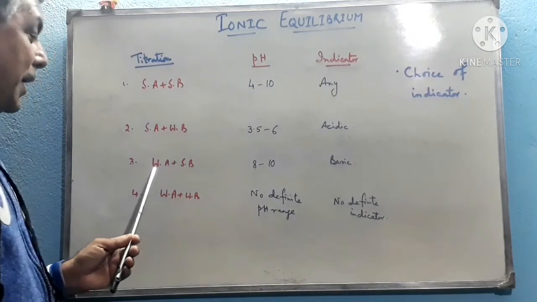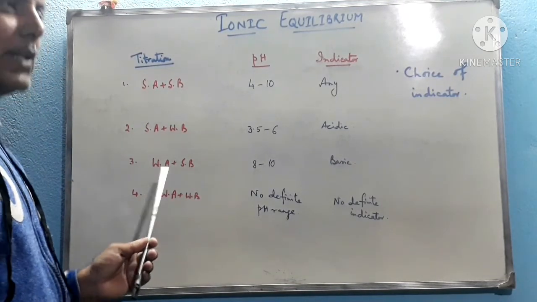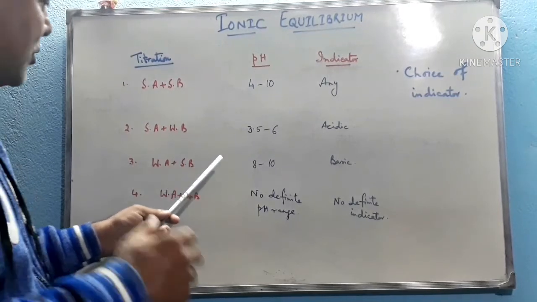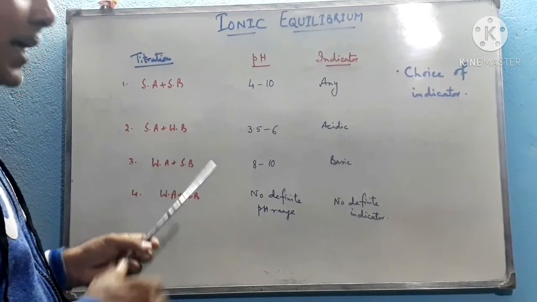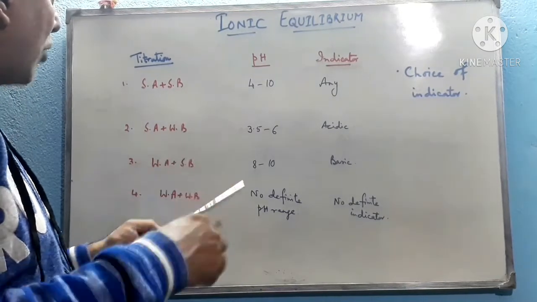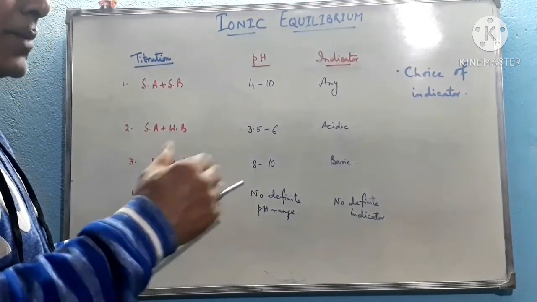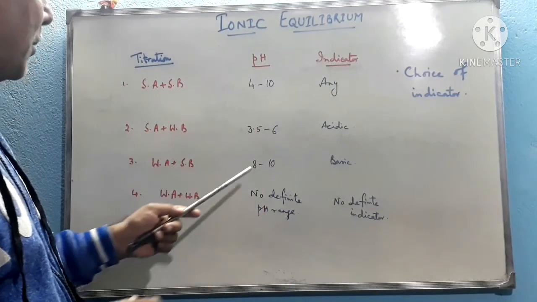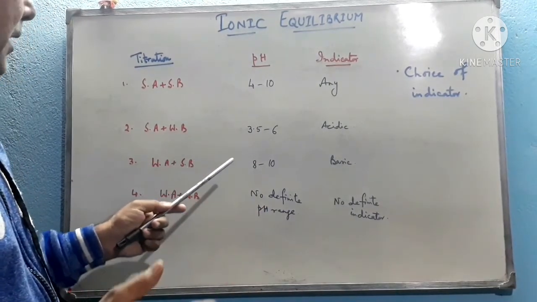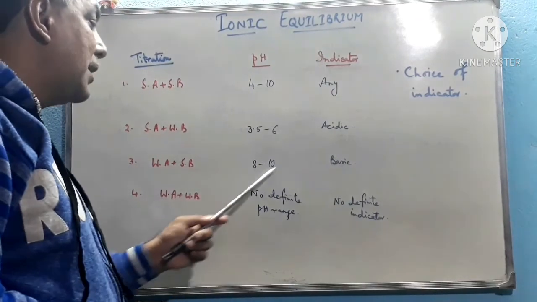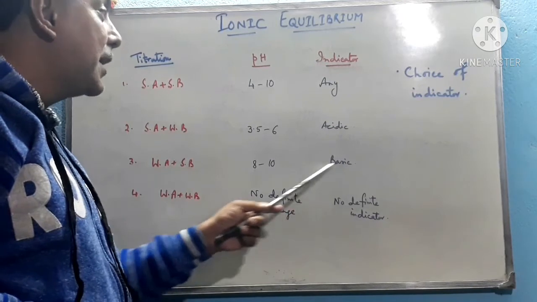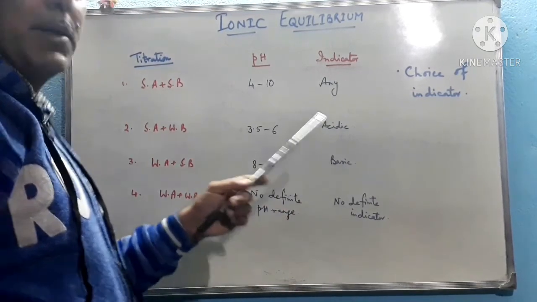But if we use weak acid and strong base, like acetic acid with sodium hydroxide, initially the weak acid gives a pH somewhat less than 7, but when we add strong base dropwise, it becomes neutral, and in the basic solution it becomes 8 to 10 because it is a strong base. So on dissociation in alkaline solution, it produces again an alkaline medium, and hence it needs a basic indicator. The basic indicator is phenolphthalein.